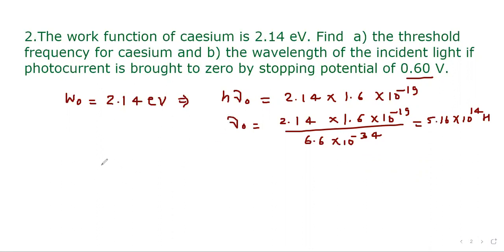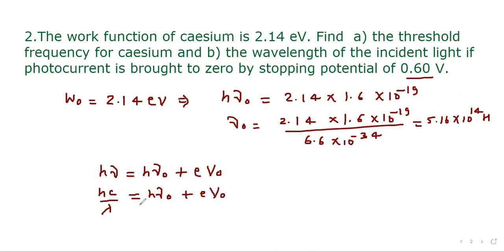So we know, according to Einstein's photoelectric equation, hν equals hν0 plus eV0. So here we can write this term as hc upon lambda equals hν0 plus eV0,